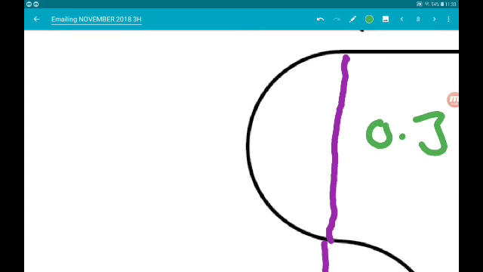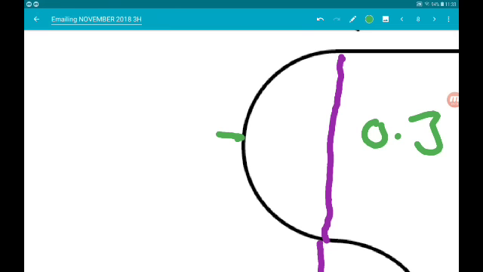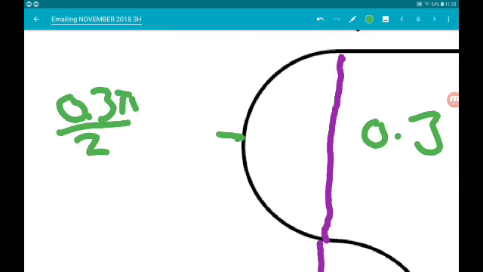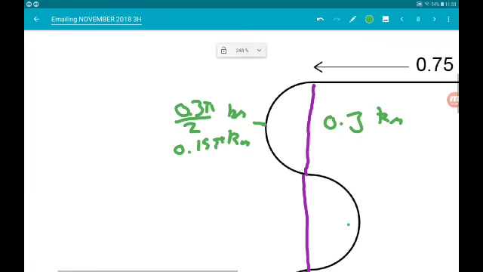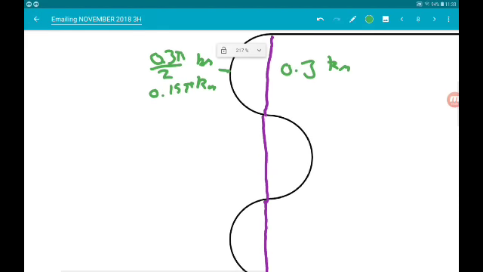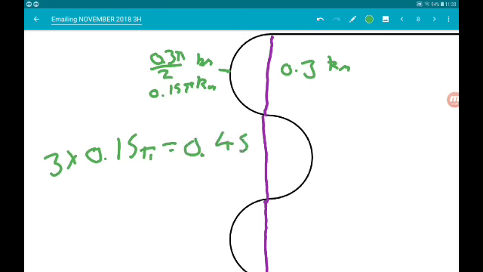Now, using what we've just done over on the right, these lengths then are 0.3 pi over 2 kilometers. So that's 0.15 pi kilometers. Now we got 3 of those, so 3 times 0.15 pi is 0.45 pi